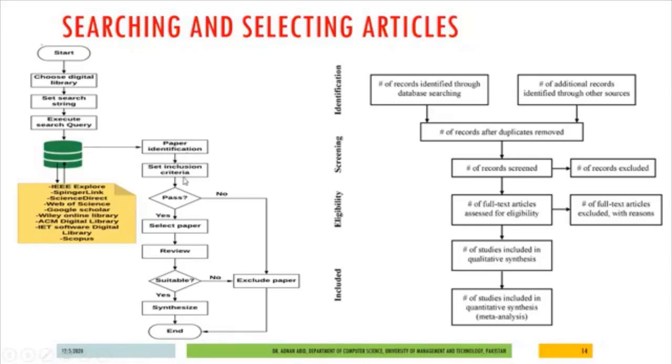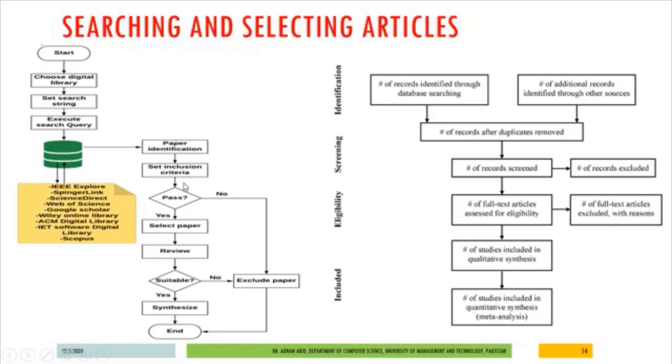After getting those articles, we have to have a well-defined inclusion and exclusion criteria for selecting or excluding an article from the survey. Based on our inclusion criteria, if that article conforms to our criteria, then we select that paper. Otherwise, we exclude that article. And then the articles which we have selected, we again review them in detail. So there are different levels of